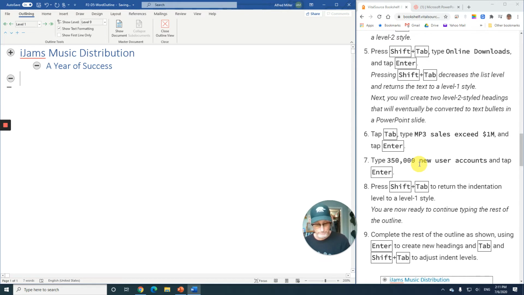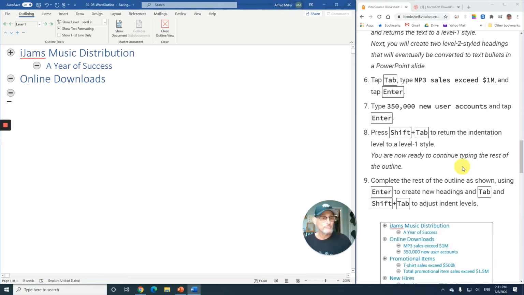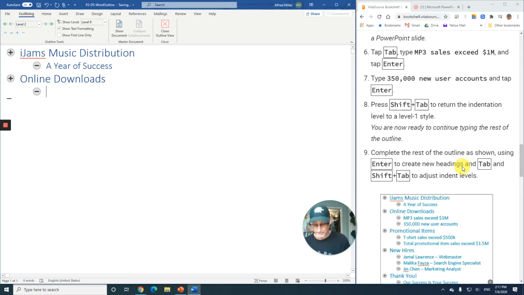And type online, this is part of step 5, online downloads. And I can press enter. Step 6 says press tab and type MP3 sales exceed 1 million. Enter. 50,000 new user accounts. Then I press enter, but this time I'm going to do shift tab again to get back